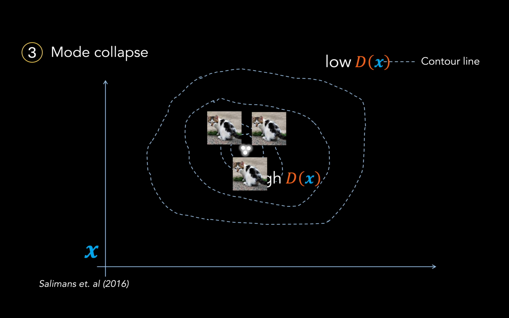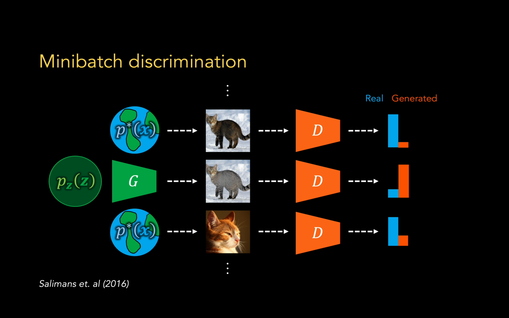Now, mode collapse is a notorious issue in GAN training, but thankfully, over the years, people have created several solutions to address this. One such technique is called mini-batch discrimination, which, without going into the details, basically gives the discriminator information about every sample in a batch as it evaluates each individual sample. This way, the discriminator can learn to detect that points are being generated when they all happen to be very close to one another,